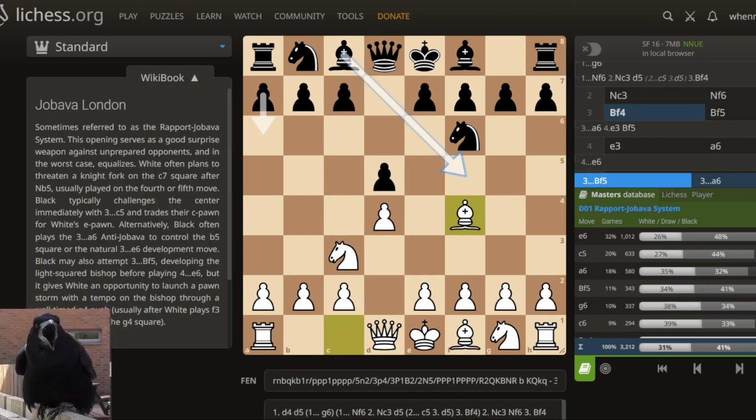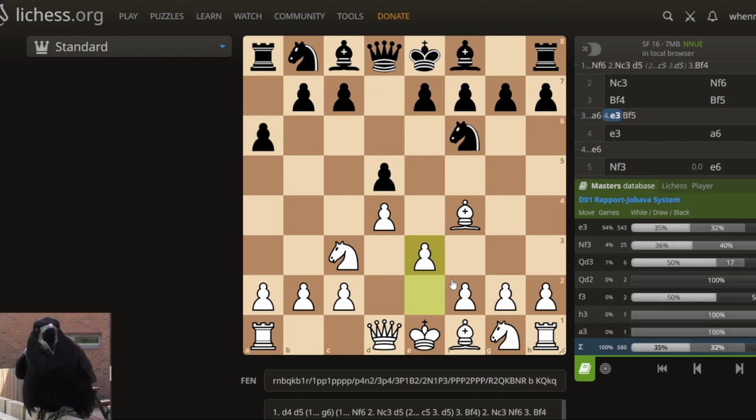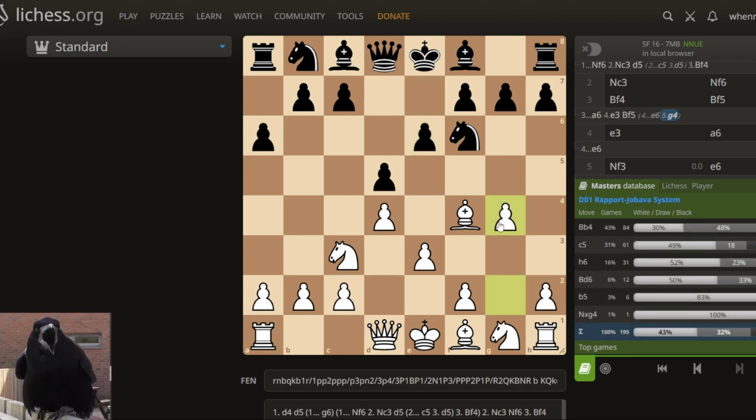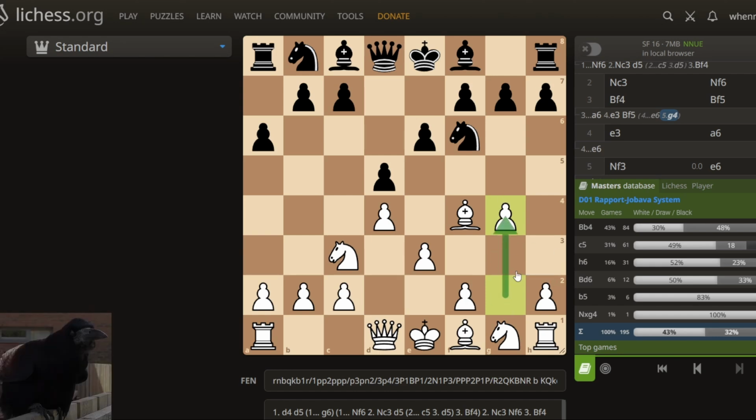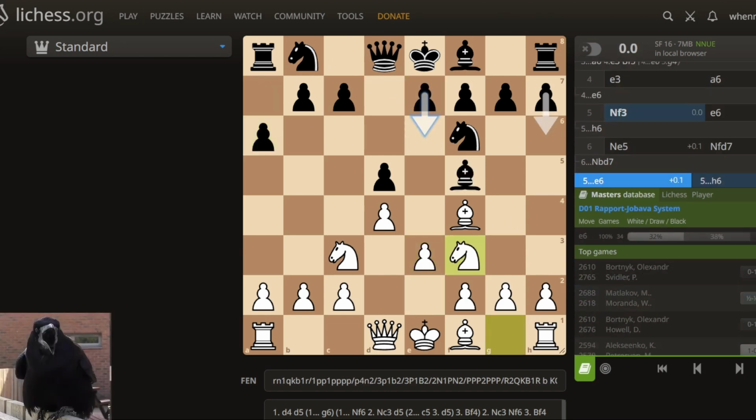So I'm expecting bishop f4, bishop f5. A nice thing here is a6 actually should transpose to this a6 bishop f5 setup. After e3, the main move is e6 here, but it's a little bit unnatural because you're leaving the bishop behind the pawn chain, and white has this very strong idea g4. You're breaking lots of opening principles here, but it is proven to be good. There's actually a fair bit of games in the database. White scores very well, and also it looks very funny. So yeah, g4. Either way, I'm expecting e3 and then a6, and then I get my position I want after